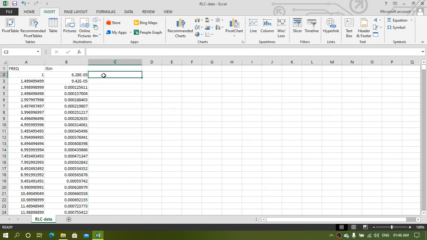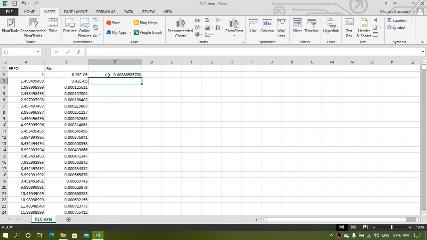You have to put your formula over there only. So B2 into, equals to B2 into 141.42.